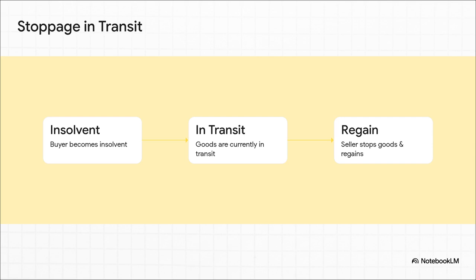Sections 50 to 52 only trigger under these strict chronological conditions. The buyer must be legally insolvent, and the goods must have left the seller's physical possession but not yet reached the buyer. They're stuck with a middleman, a carrier. Think of it as an extension of the right of lien, designed specifically to intercept the goods before a bankrupt buyer gets their hands on them. Write these 3 steps sequentially.